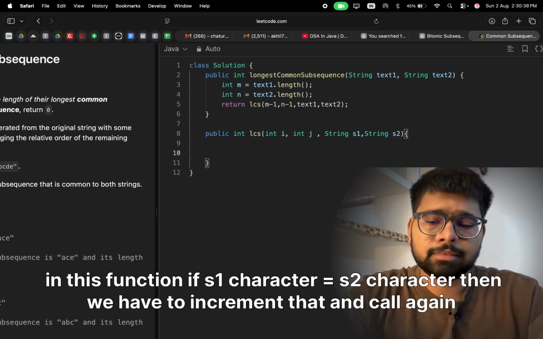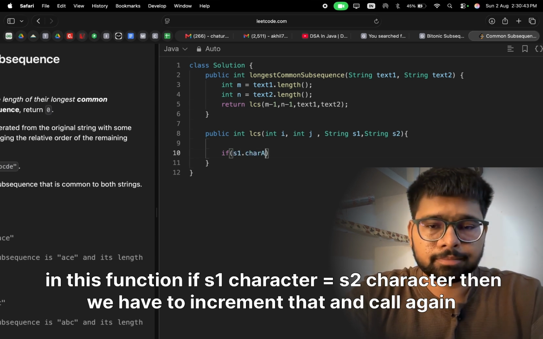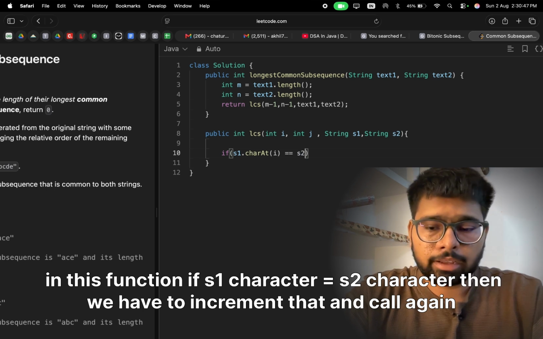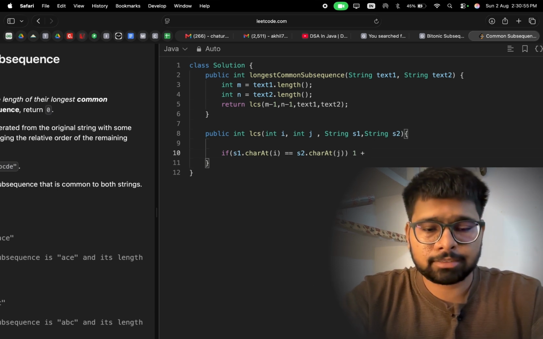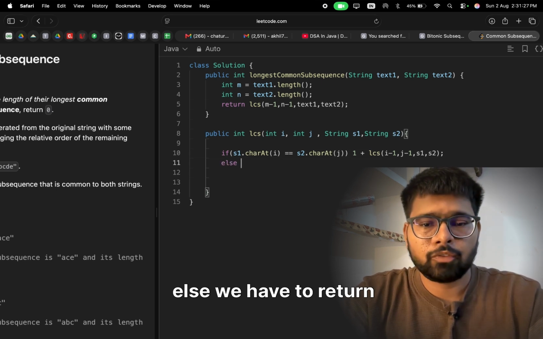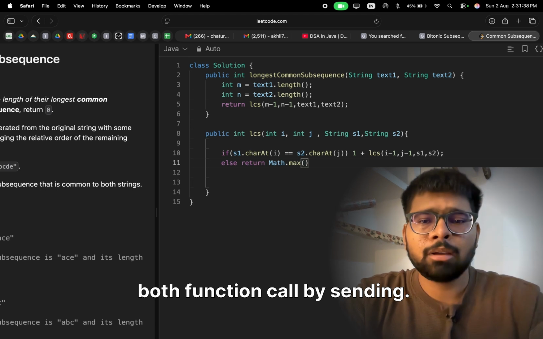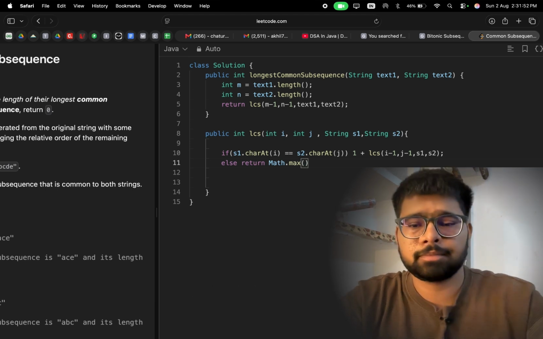In this function, if the s1 character is equal to the s2 character, then we increment that and call this function again. Else we return the maximum of both function calls, by sending i-1 or by sending j-1.